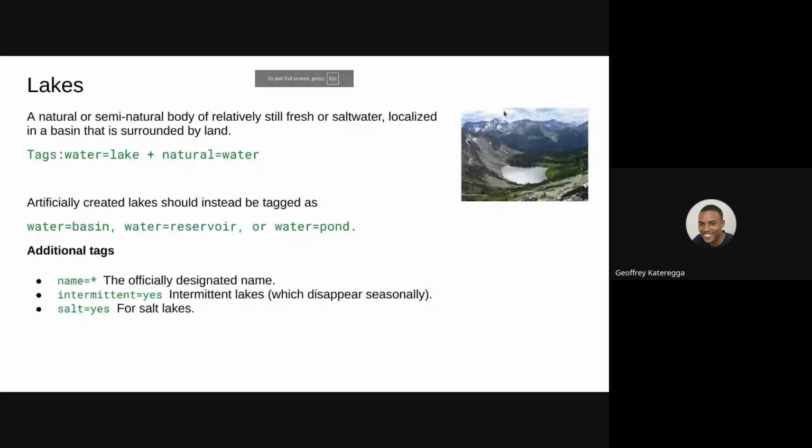to go through the last part of our webinar, but I'll try to be fast so that we also spare some time for questions. So I'm just going to quickly talk about lakes, ponds, reservoirs, and also swimming pools. So first of all, lakes. Lakes I think are really significant in OpenStreetMap. These are natural or semi-natural bodies of relatively still water. They can also be bodies of salt water, but they are always localized in a basin that is always surrounded